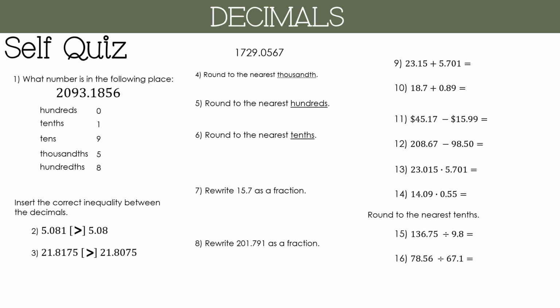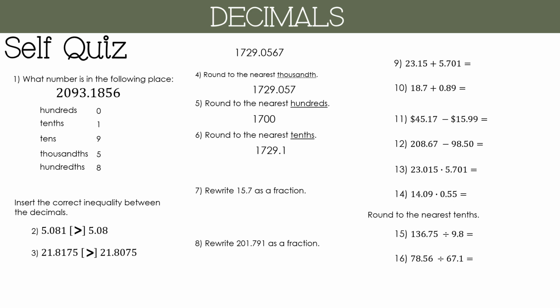21.8175 is larger than 21.8075. For number 4, you're asked to round 1,729 and 567 ten-thousandths. So for the first one, round to the nearest thousandths. Did you get 1,729 and 57 thousandths? Good job. What about number 5? That's just 1,700. What about number 6? Yep,